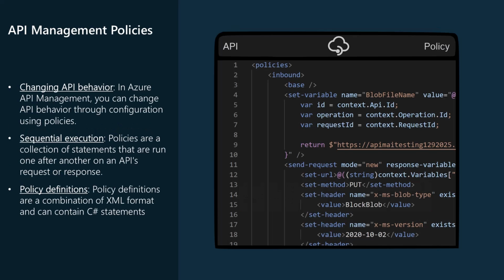Before we jump right in, let's quickly go over the basics of Azure API Management policies. In API Management, you can change API behavior through configuration using policies. Policies are a collection of statements described in an XML document that are run one after another and can apply to your API requests and responses. They can also contain C# statements, and some policies can easily become very lengthy and complex based on your use